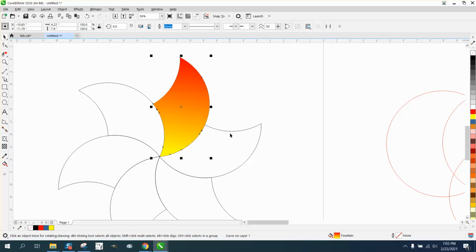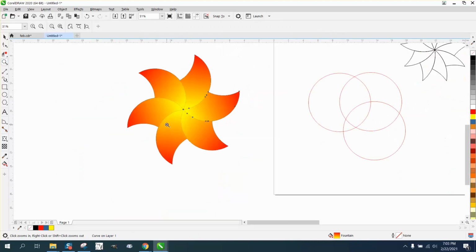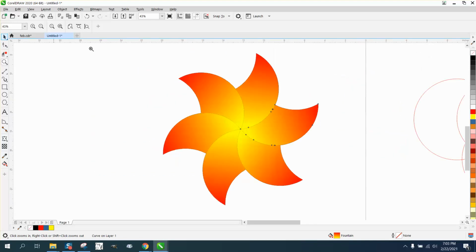You don't really need these background lines, but we're going to Control D and make a duplicate. Move that center of rotation over there and rotate it 60 degrees. And you've got a totally different looking flower or petal or whatever you want to call it. And then like we did in the very first video, we could